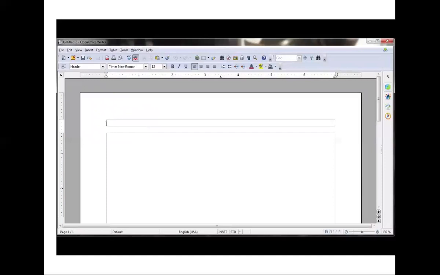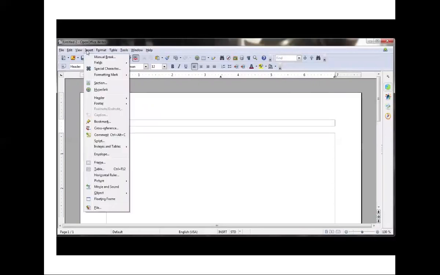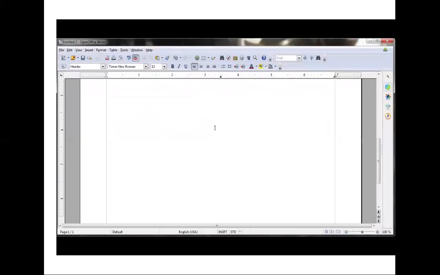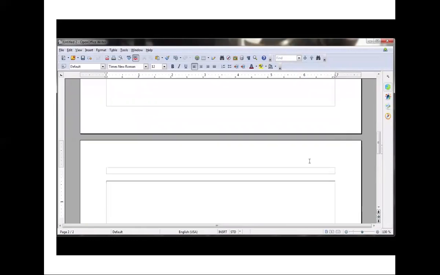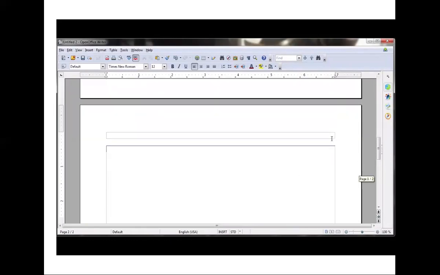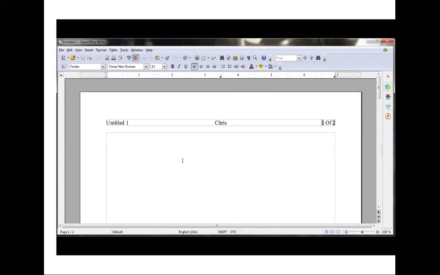And we can use either the left side, the middle side, or the right side, getting there by hitting Tab, to add fields or other information like our name into the document. And what will happen is every page that contains this same style, for instance, if I hit Control Enter for a page break to create a new page immediately, on the second page that has the default page style, it's going to have the same information.